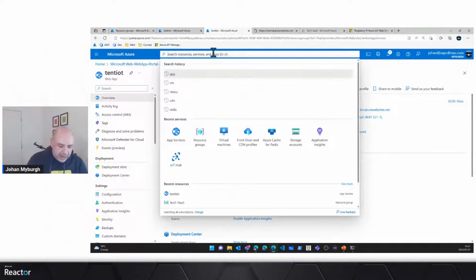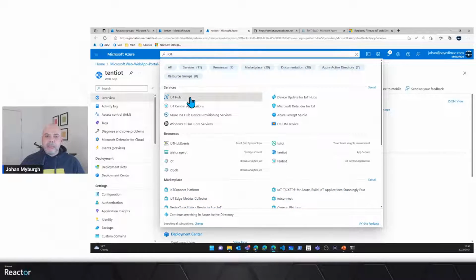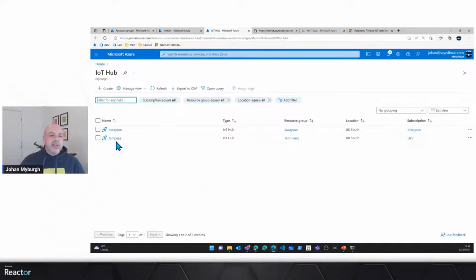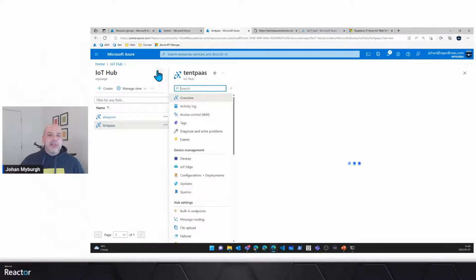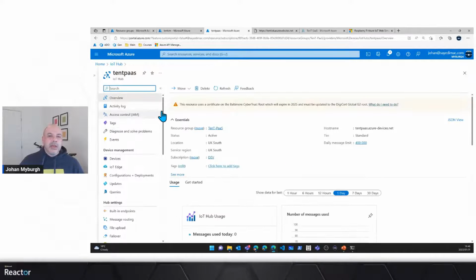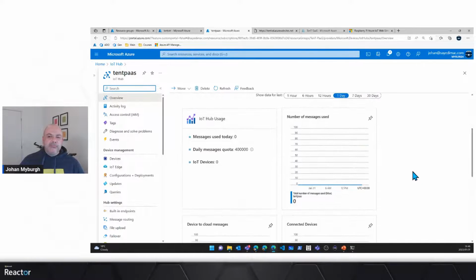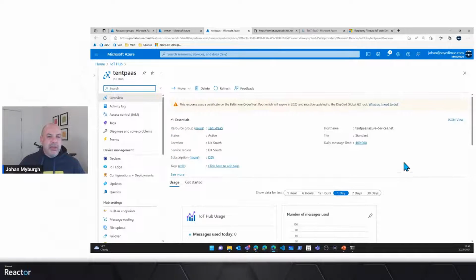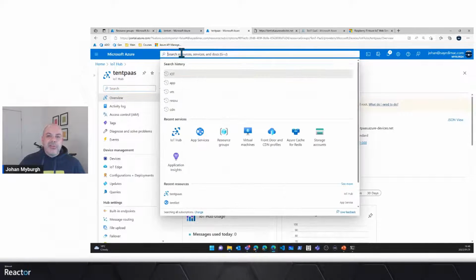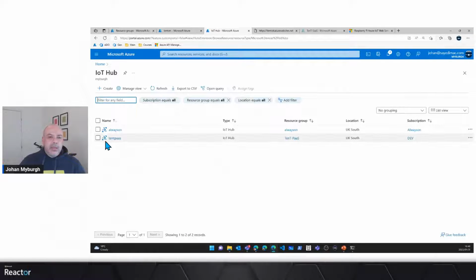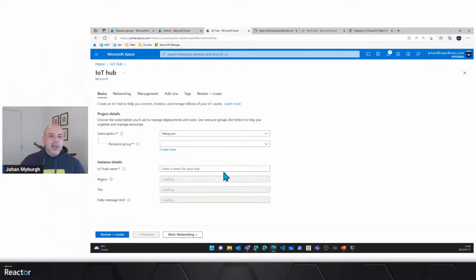And I actually have an IoT Hub here. If I click on IoT Hub, there you can see there's my IoT Hub inside of Azure, right? Right now, there's nothing happening here. It's just empty. By the way, if I provision an IoT Hub, you'll notice that at no point in time